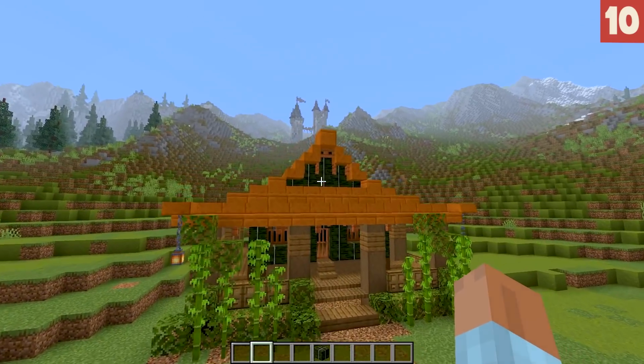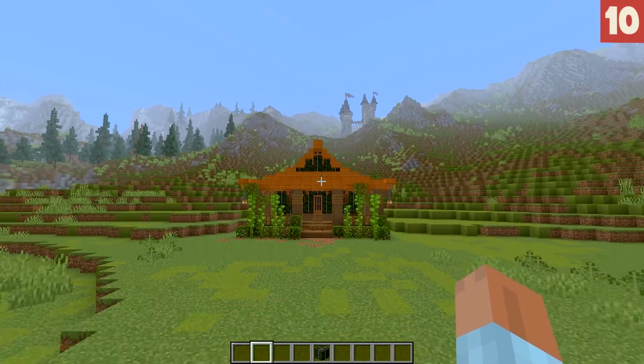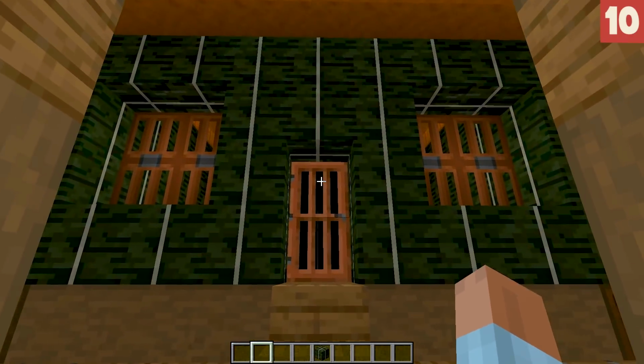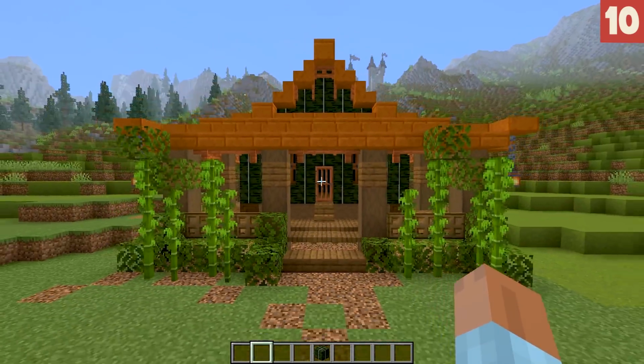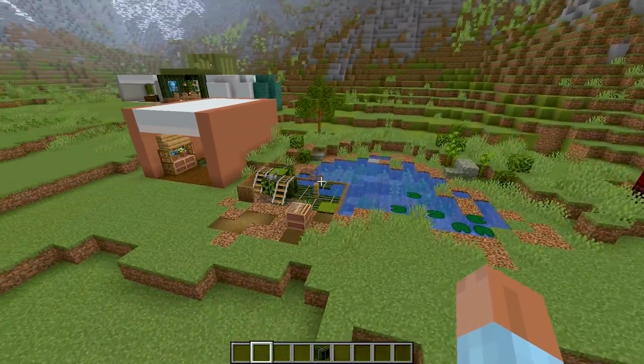So the kelp block as the entire building, it works. It works really, really nice. From a distance, it looks fantastic. And even up close, it looks great. So that's number 10. So like I said from the start, you don't have to use this, but it's one of those things that